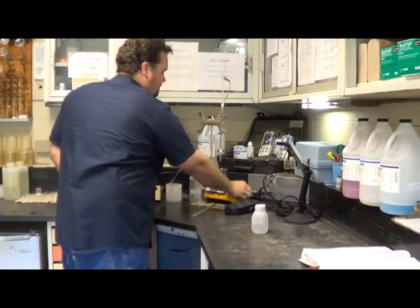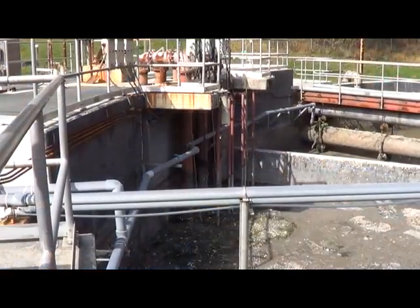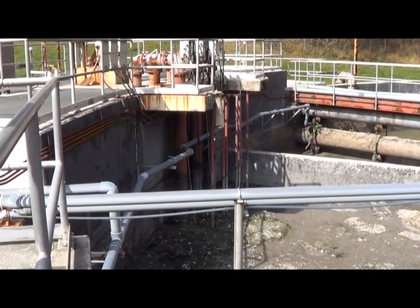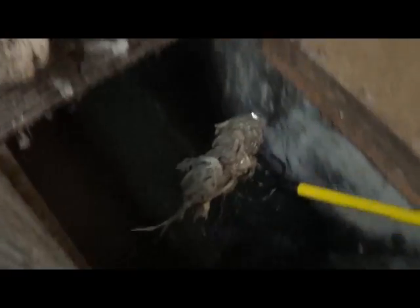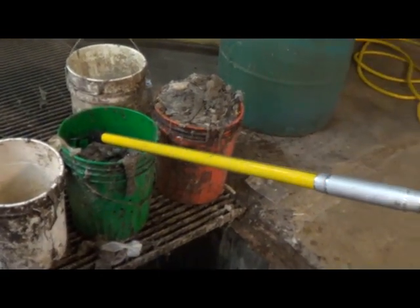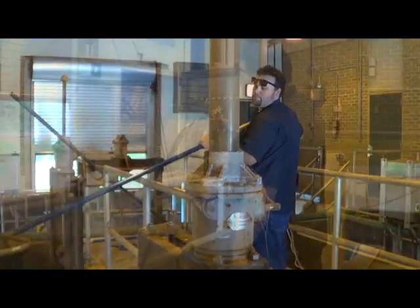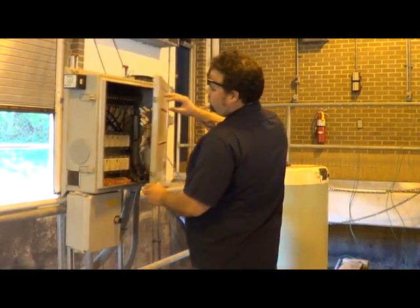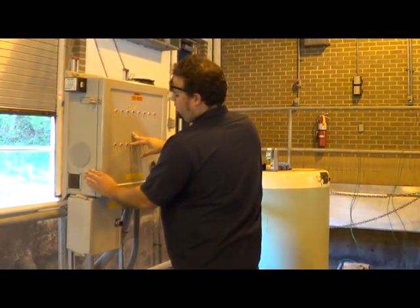our specific plant. A lot of times some of the automated machinery either breaks or needs maintenance or cleaning and things like that. Like a bar screen might not be working, so we'll send someone up there to manually remove material at the head of the plant. Or during different season change, sometimes duckweed builds up, so we might be netting some of that off the surface of some of the tanks. We'll be monitoring some of the machinery to make sure it's run the amount of time it's supposed to throughout